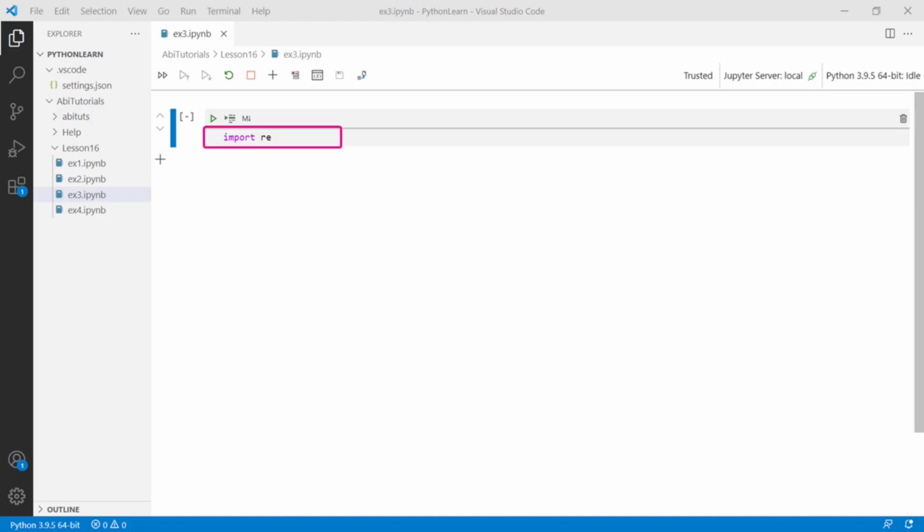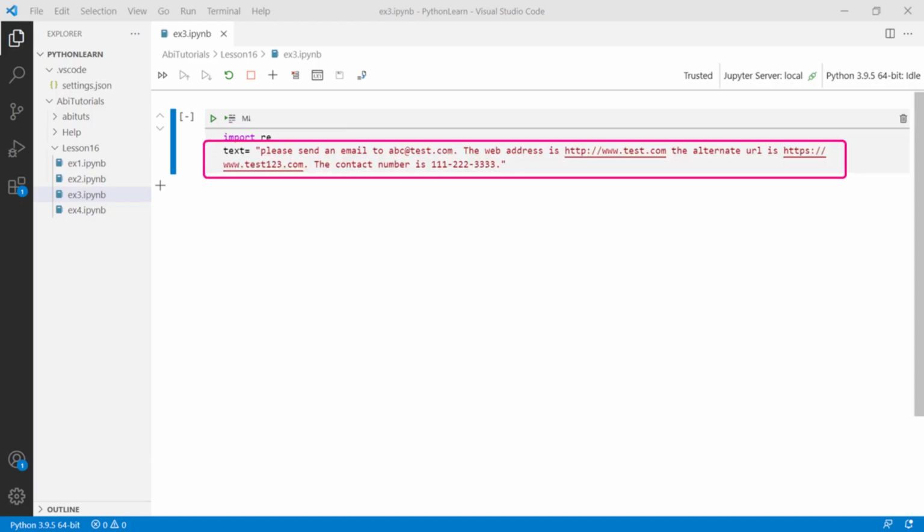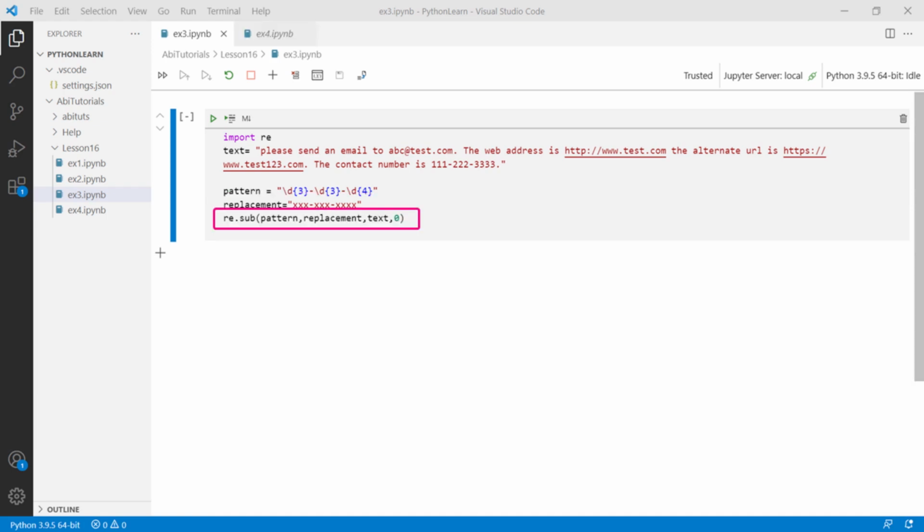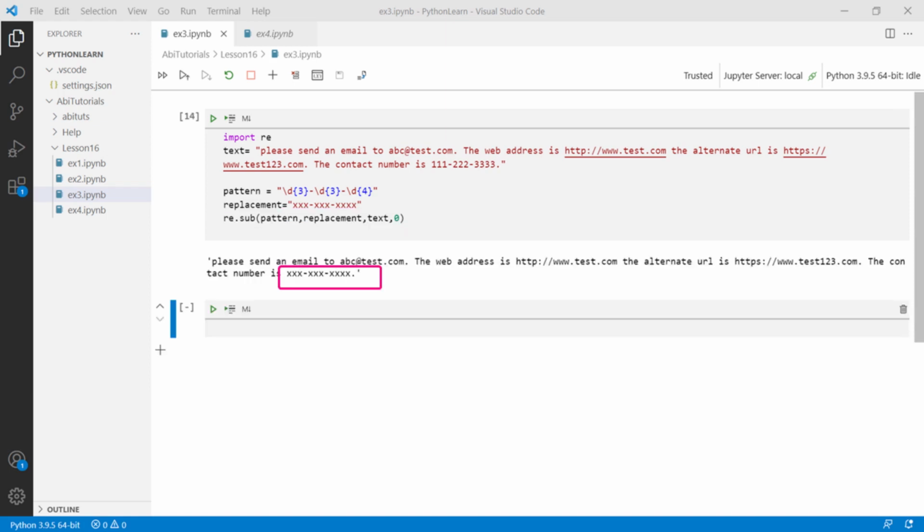As usual, we will import re, then we will add the source text as given. We will add the pattern to capture the mobile number for the above text. After the pattern, we will create a variable named replacement text and assign it some values as given here. Finally, we add the sub function which will take the pattern, replacement text and the source text followed by the replacement count as 0, which indicates that we can do any number of replacements. Run the program and you will be able to see the replacement done to the phone number as highlighted.